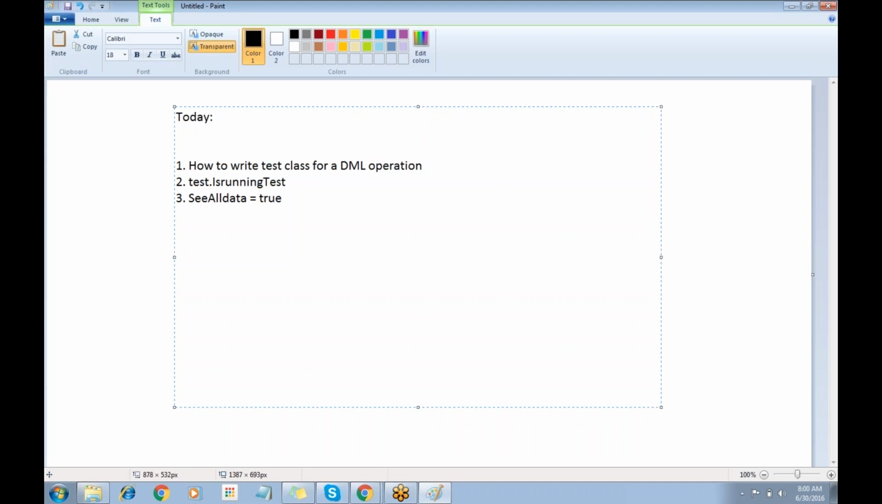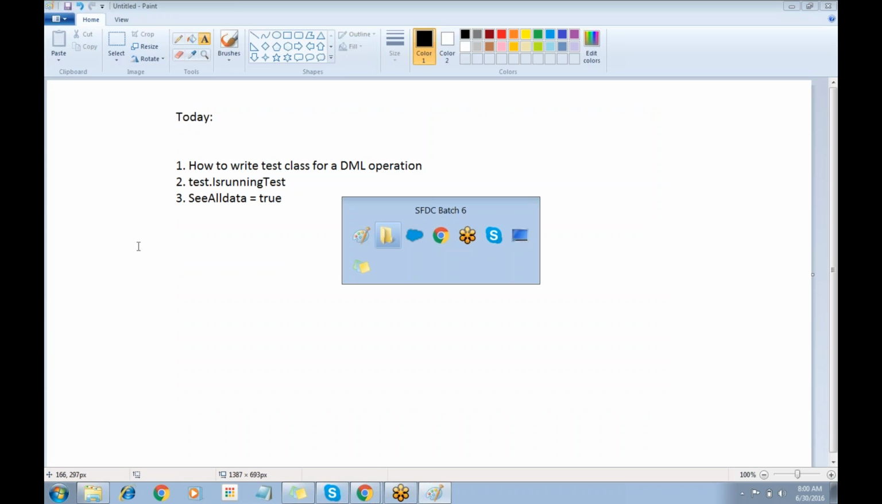First of all, I'll tell you the program, how to write a test class for a DML operation. And second, why we use Test.runAs, and third, createData equal to true. Okay. Now